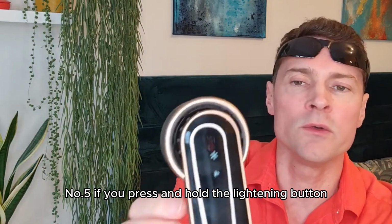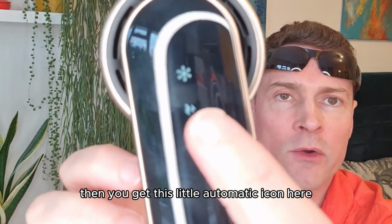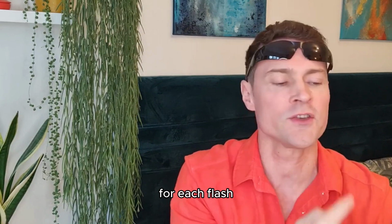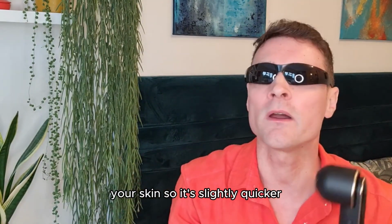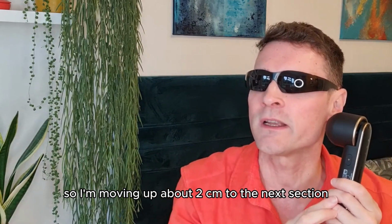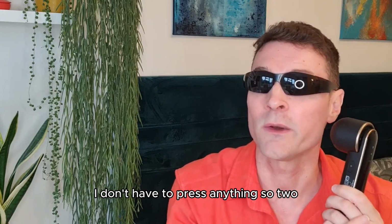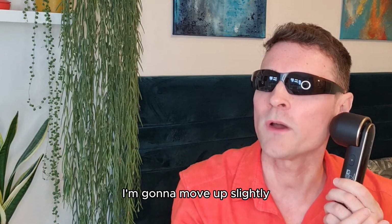If you press and hold the lightning button, then you get this little automatic icon here. That means that instead of having to press the button for each flash, it will automatically happen as soon as it touches your skin. So it's slightly quicker. So I'm moving up about 2 centimeters to the next section. Can you see straight away, as soon as it touched my skin, I don't have to press anything. So 2, I'm going to move up slightly,